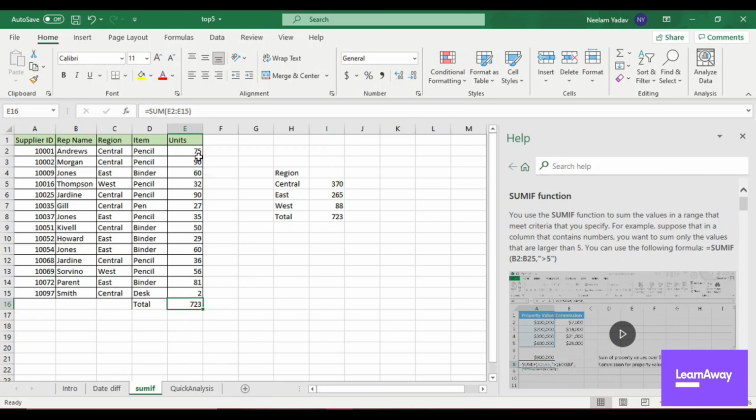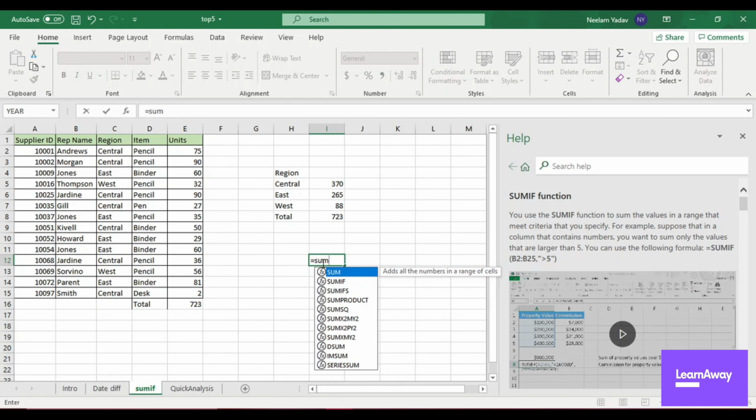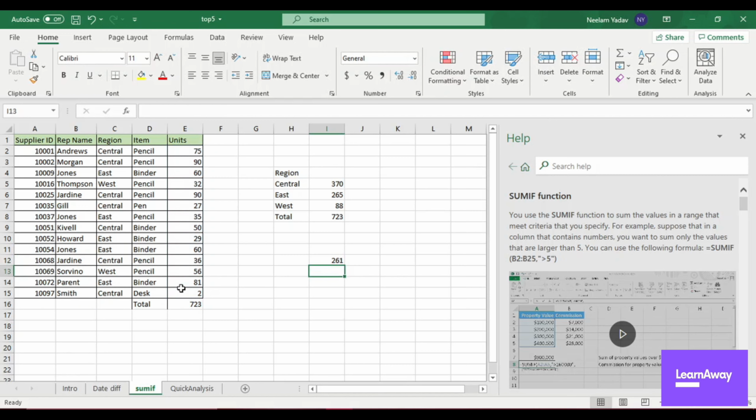Then here also you can give criteria like whether you just want to sum all the values which are above 60. That also can be done. So I'll give you an example of that as well. I'll give SUMIF. Then the range would be this only since we want to calculate here. Then inside the inverted commas, we'll have to give greater than 80 and close it. Then we don't have to give the sum range since the sum range is same. So it will sum all the values which are greater than 80. It will take this one, 90 and 90. All the values which are greater than 80 would be taken. So this is how you use the SUMIF function.